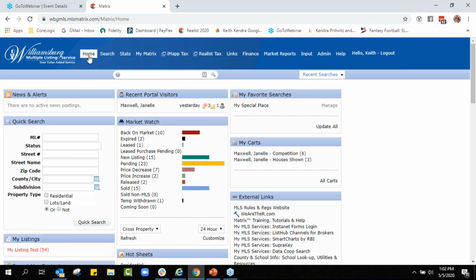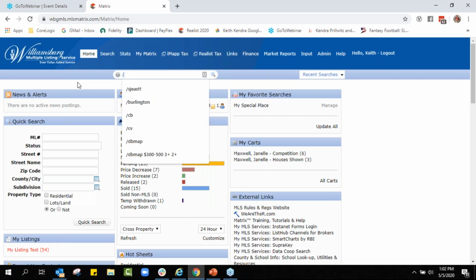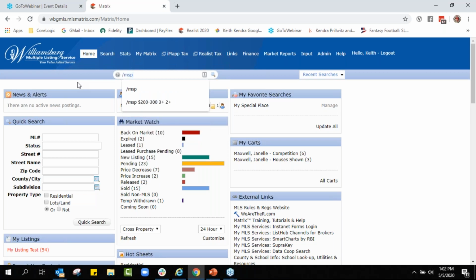So when I save it, I come back to home. Now, whenever someone calls me up, instead of using this, and I will say for the most part, this is easier to use, but watch what this one can do. If I go up to the speed bar, not only can I just say slash MSP,